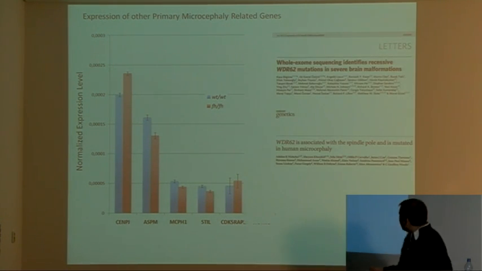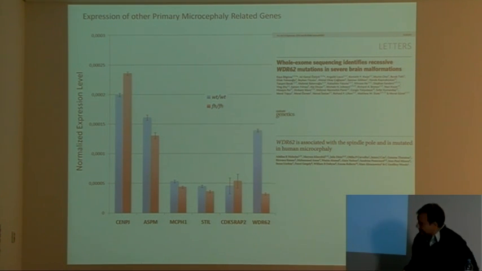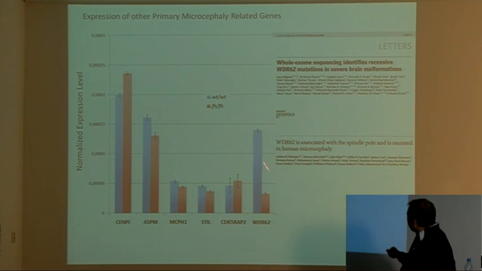And within this last month, this gene, WDR62, was defined as actually the second most commonly found cause of primary recessive microcephaly. It was found in 2 separate papers by the Woods group and also a group at Yale. And when we go to our data set and look at that transcript, there's a huge decrease in the mutant. So we think we maybe have placed one of the other known microcephaly genes in this transcriptome pathway,